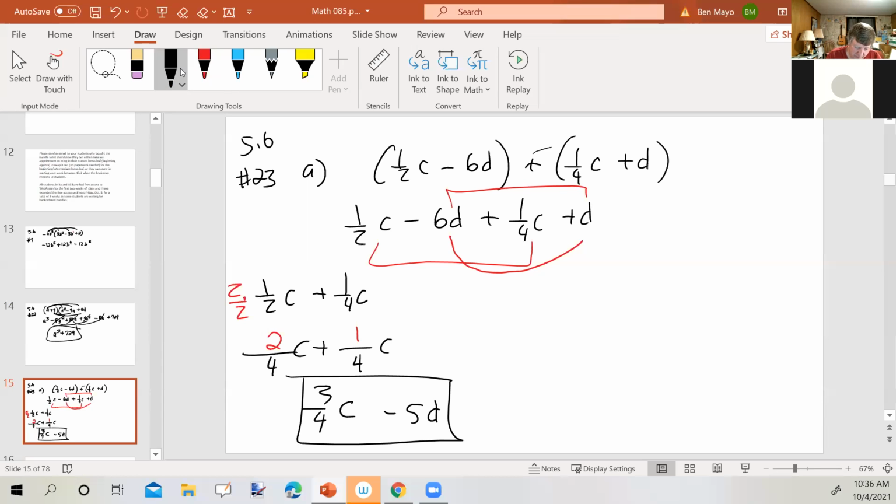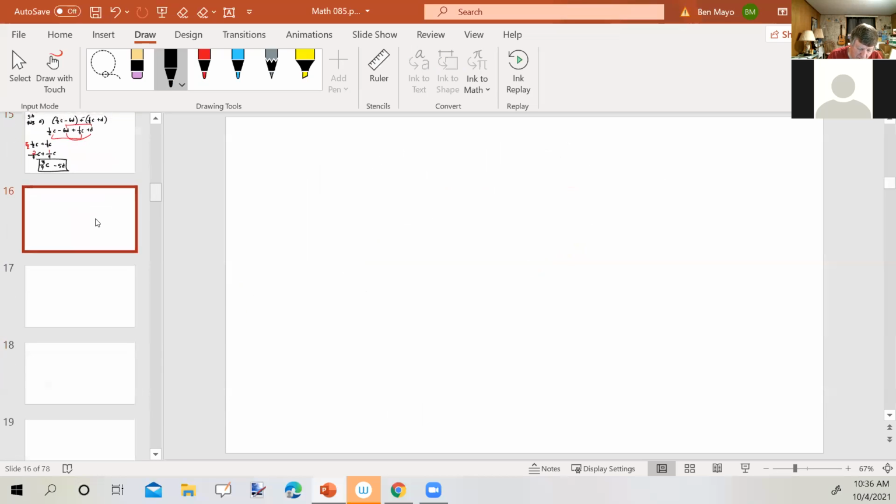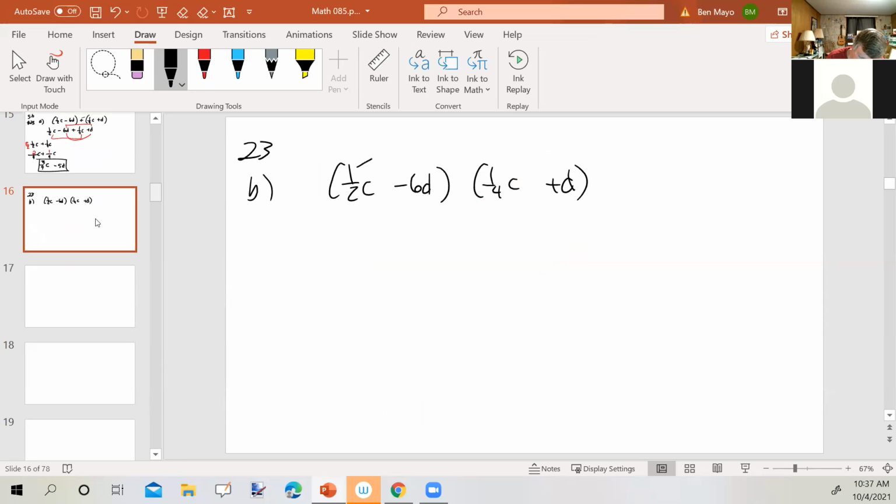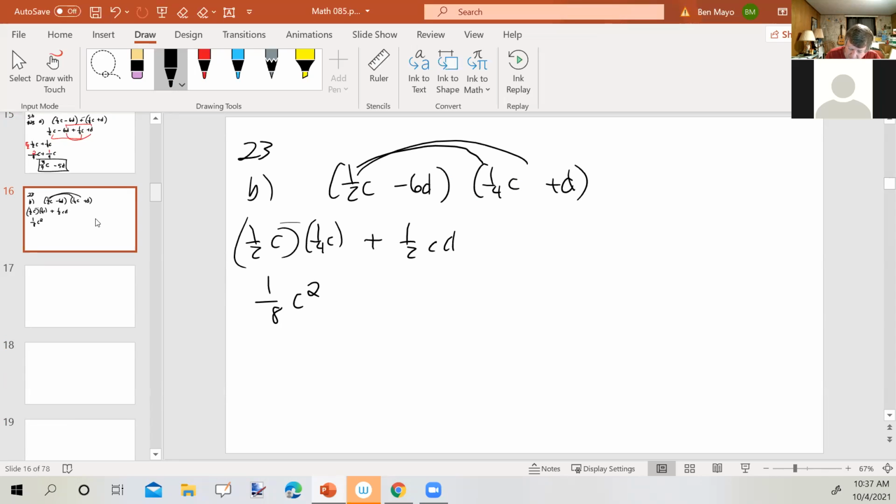Now we're going to go on to 23 part B, which is the same two polynomials, except now we're going to multiply them instead of add them. 1/2 C minus 6D times 1/4 C plus D. So 1/2 C times 1/4 C, multiplying a half times a fourth, you multiply the fraction straight across, so that would be 1/8 C squared. Then plus 1/2 CD, okay,